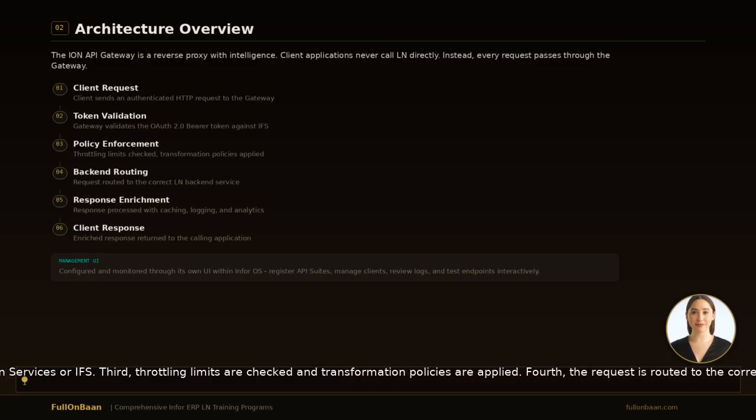Third, throttling limits are checked and transformation policies are applied. Fourth, the request is routed to the correct LN backend service. Fifth, the response is processed with caching, logging, and analytics. And sixth, the enriched response is returned to the calling application.